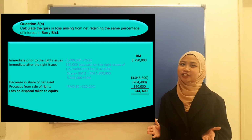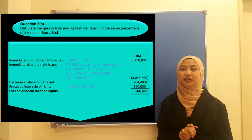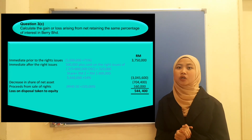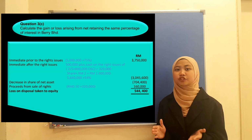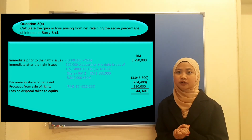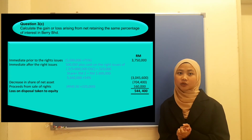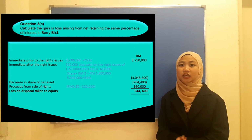Moving to the calculation part. First, immediately prior to the rights issue, 3,750,000 minus immediately after the rights issue, 3,045,600, then we get a decrease in the share of the net assets amounting to 704,400, plus proceeds from the sale of the rights of 160,000, arriving at the total loss on disposal taken to equity,